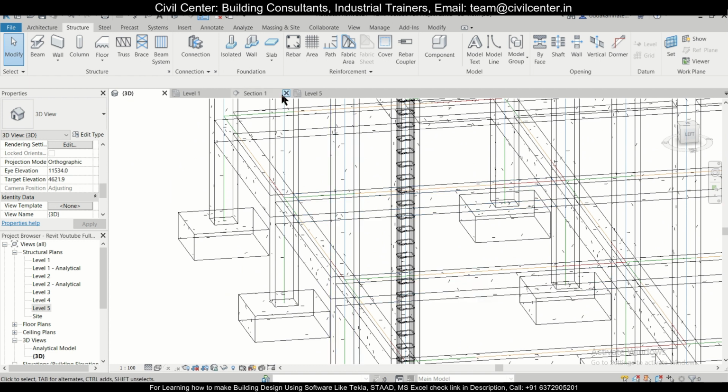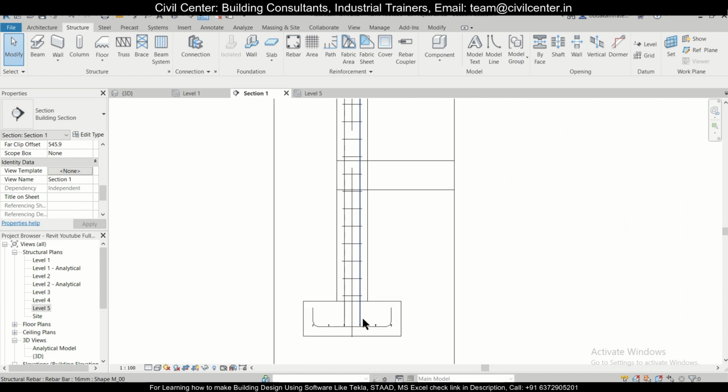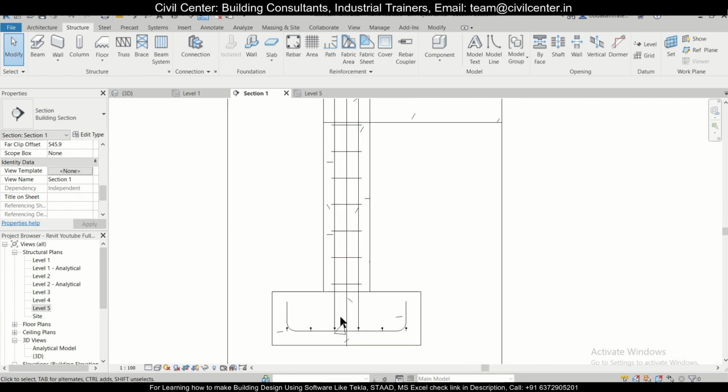So after this has been done, we can just move forward towards the next step, that is being more realistic with the practical aspects. So for that, first of all, we'll need to insert some starter bars, because these are connected to the starter bar. So we have two options here. We can just connect reinforcement like this and join it, or else we can have a sketch of it as well. So let's select this and select this and delete this first. We'll go with the option of sketching first.